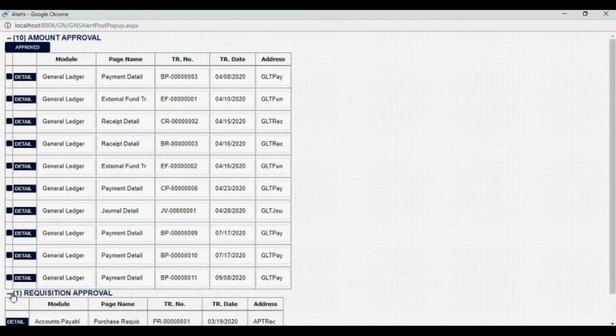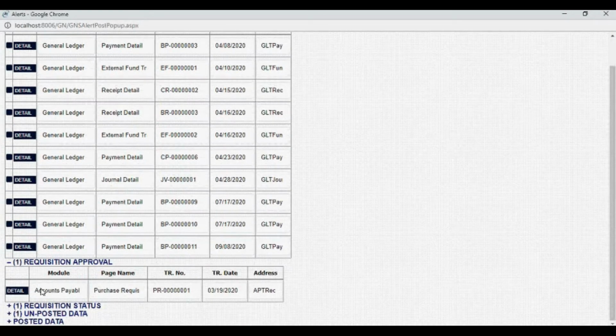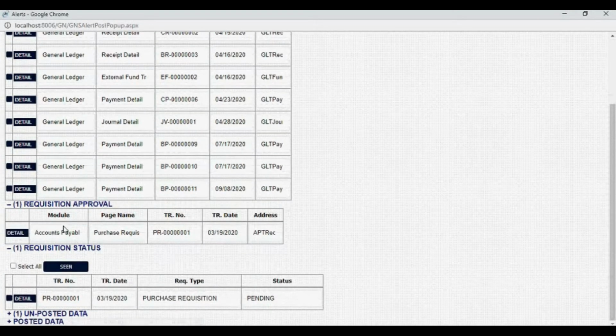As I am logged in with the administrator user, I have the master rights of the use of the software. I can see all the amount approvals pending at my end. I can select any particular entry and click the details button to see the details of it, or click the approve button to approve the